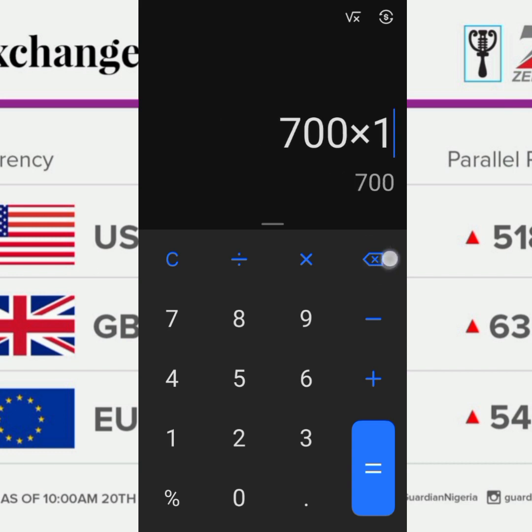Let's even assume the dollar is, let's say, 690, but that's not possible. Let's just leave it at 700, then times what we have here.